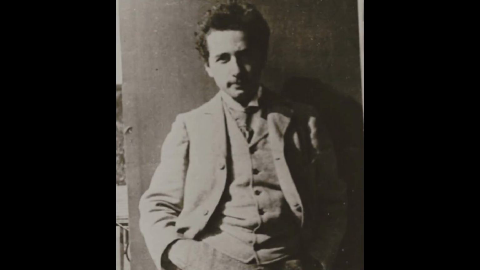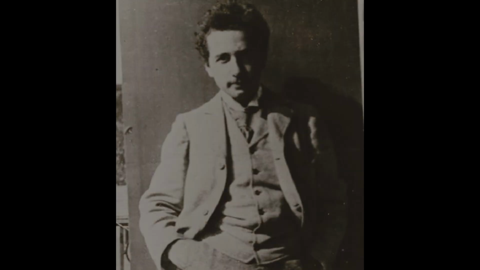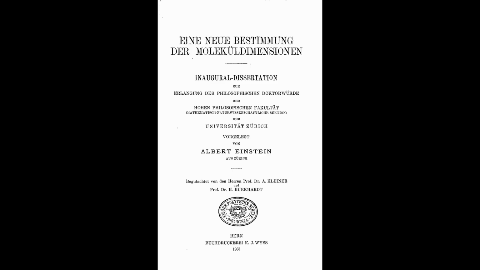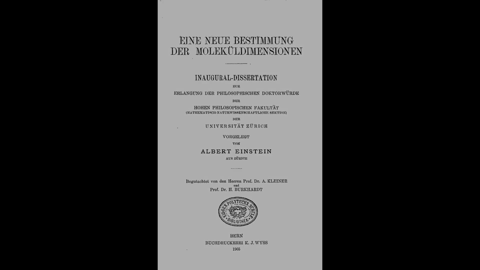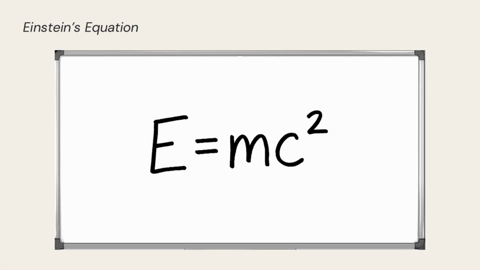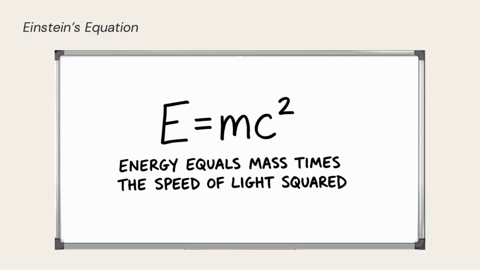In 1905, a 26-year-old patent examiner in Bern named Albert Einstein published 4 papers in a single year. The last contained 4 lines of mathematics that established the equivalence of mass and energy. E equals mc squared. The energy content of any mass equals that mass multiplied by the square of the speed of light. It is a compact, precise, and universal statement, valid in every reference frame, for every observer. It remains one of the most verified results in physics.